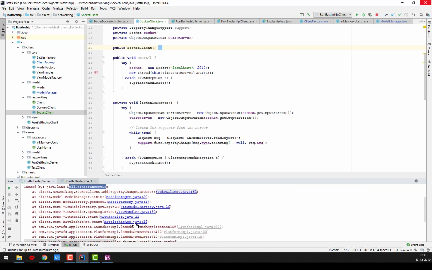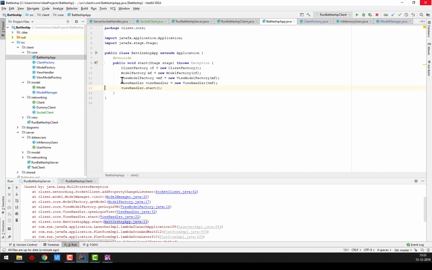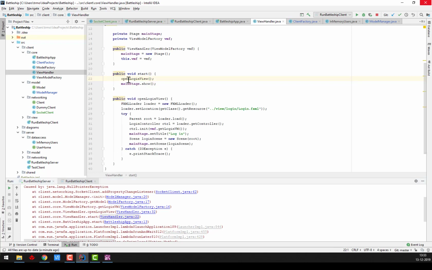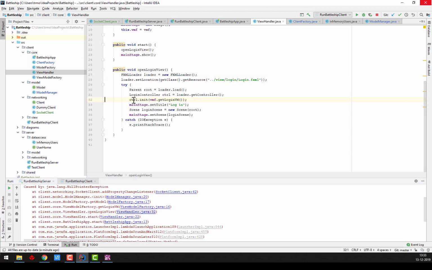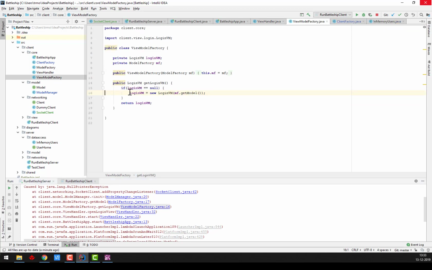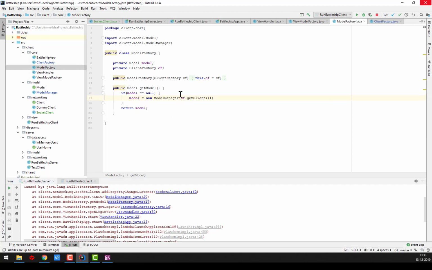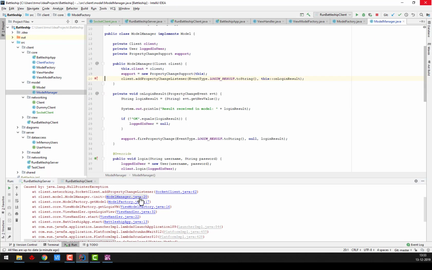I can see my stack trace here. So this is where it all happened. This is where I started. So the initial call here to the start method, then the start method calls the open login window view, and the view says to the controller, hey, you should initialize this with the get login view model, and then the view model factory will get the login view model with the model, and the model factory will get the client,